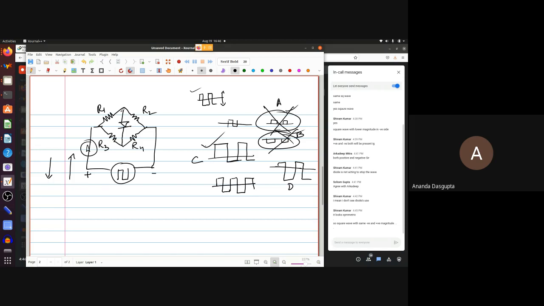Of course, in the half in which current tries to flow from top to bottom, the diode, if you assume it to be an ideal diode, behaves like a short. So basically, you have R1, R3 in parallel, R2, R4 in parallel, and the combination in series. So then it will be V0 by